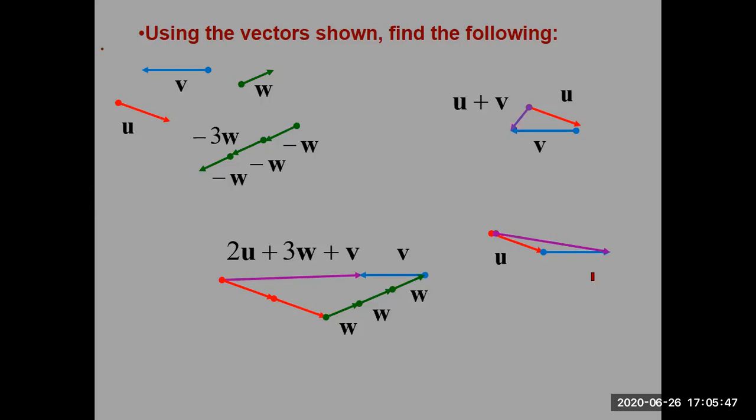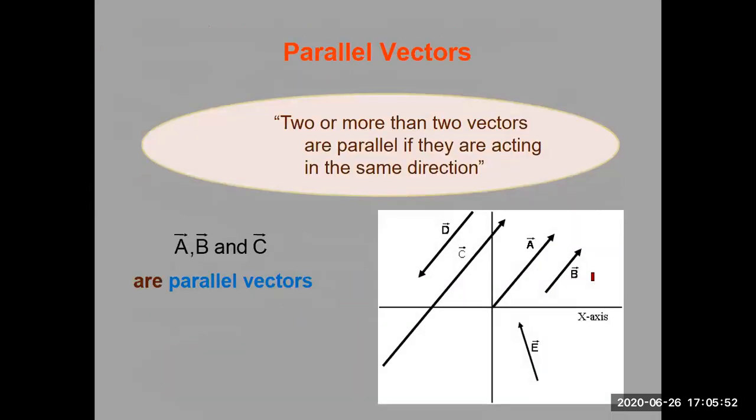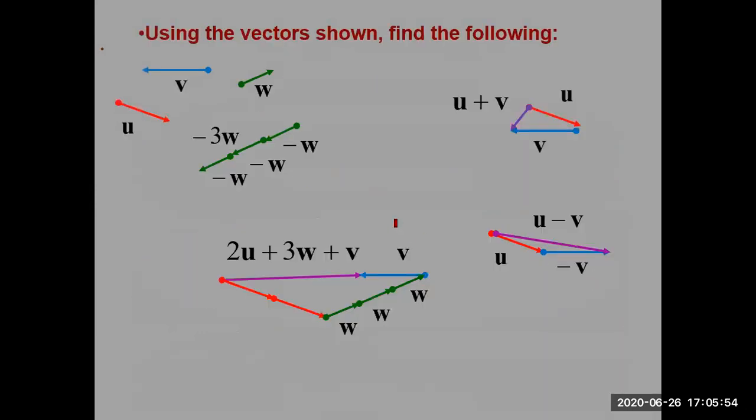So here are some examples where the vectors are added. Look again, this one is vector v, this one is vector u, this one is vector w, and for 3v, 3w we have added the same direction of the vectors. With a negative 3 you have reversed the direction, you are multiplying with the negative number, but in case of addition, this is the resultant of the vector.